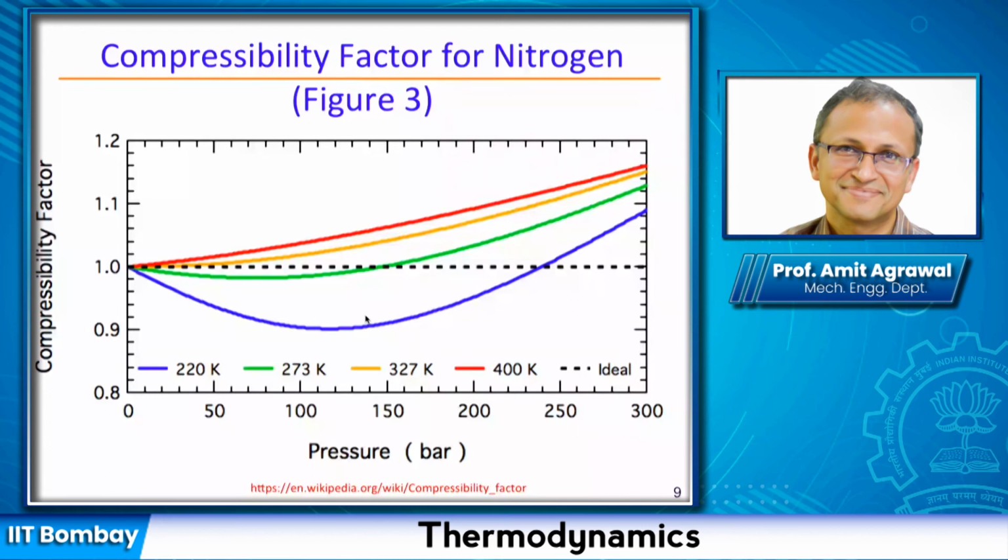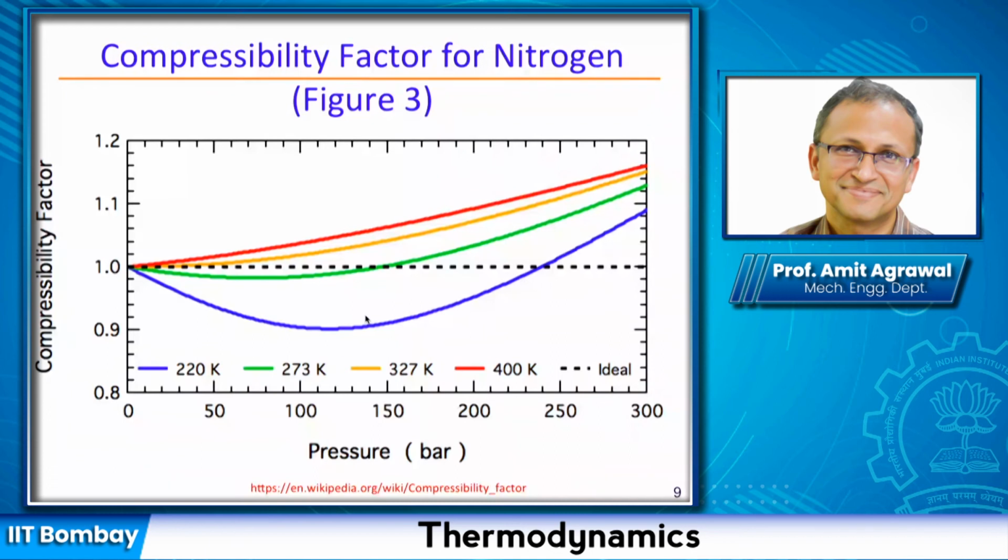Here, we are trying to simplify, maybe we are trying to oversimplify, and we are just trying to say that we look at repulsive forces and attractive forces between the molecules. Based on that, we can at least get a sense of whether we expect compressibility factors to be less than unity or greater than unity. That's all we are doing, and we are sort of leaving it there. We are not really getting into more details than this.